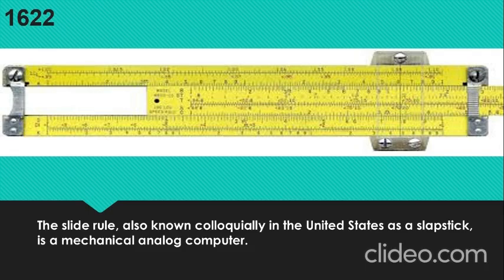William Oughtred in 1622 created the slide rule based on Napier's logarithms that was to be the primary calculator used by engineers through the 19th and early 20th centuries. Basically, a slide rule consists of two movable rulers placed side by side. Each ruler is marked off in such a way that the actual distances from the beginning of the ruler are proportional to the logarithms of the numbers printed on the ruler. By sliding the rulers, one can quickly multiply and divide.